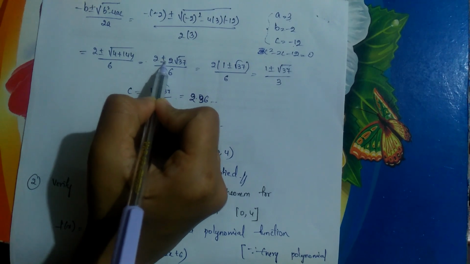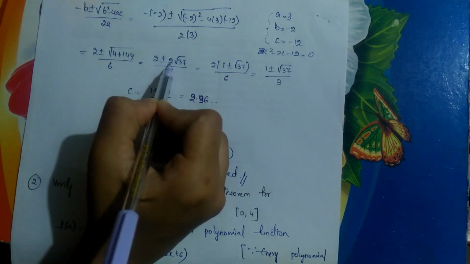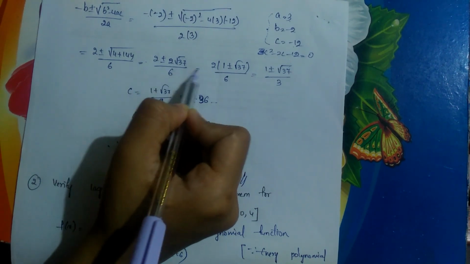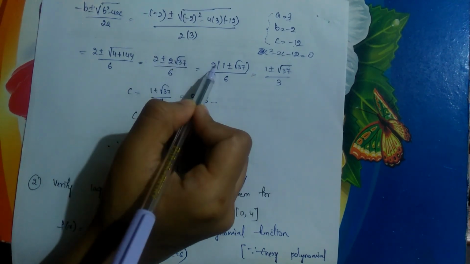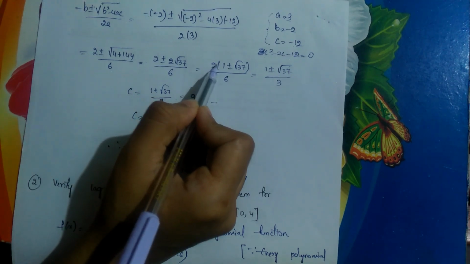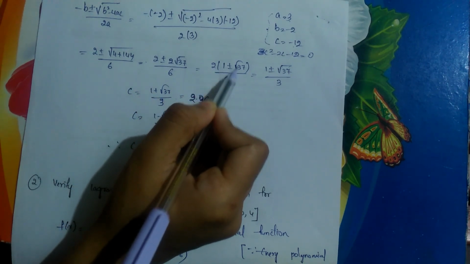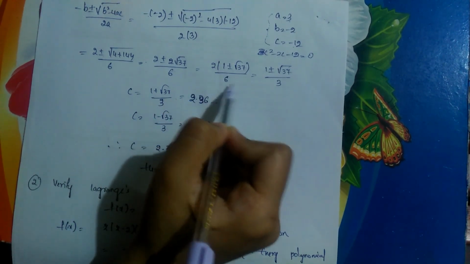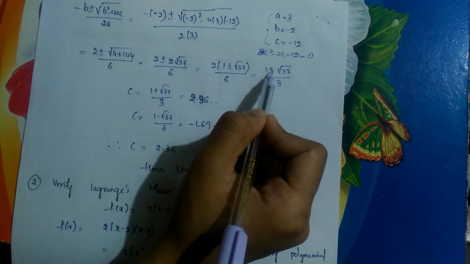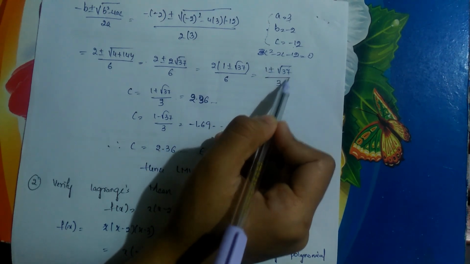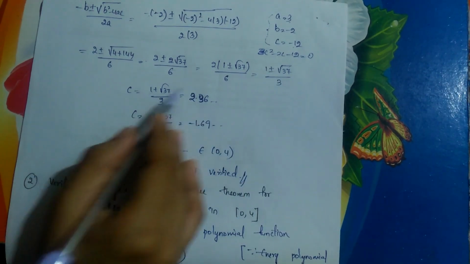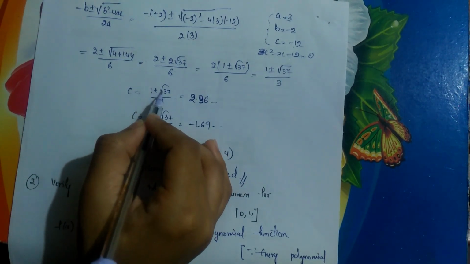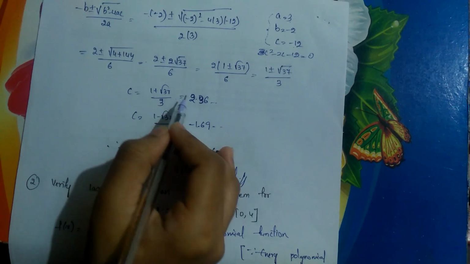That equals to 2 plus or minus root 148, which can be written as 2 into root 37, divided by 6. From this numerator we take 2 as common, then we get 2 of 1 plus or minus under the root of 37 by 6. Then 2 ones are 2, 2 threes are 6, and that equals to 1 plus or minus root 37 by 3. So from here we get c is equals to 1 plus root 37 by 3, and that equals to